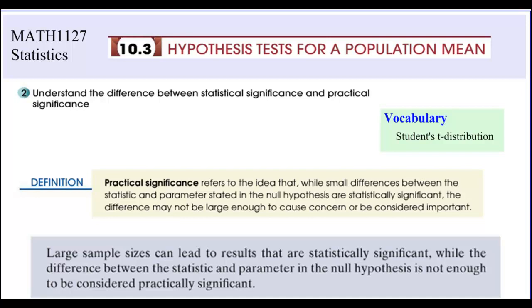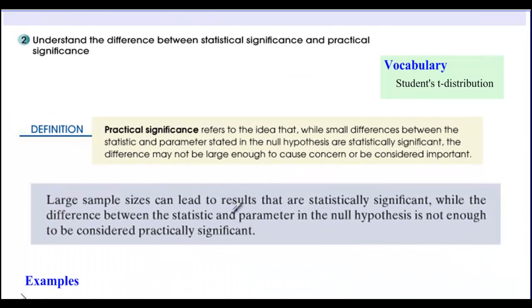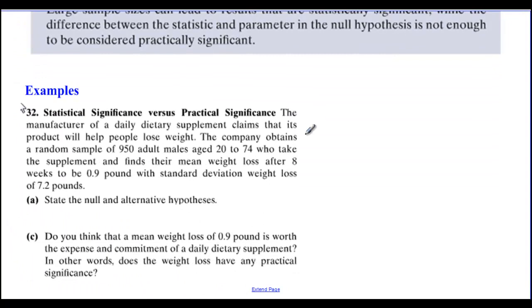But now let's talk about the difference between practical significance and statistical significance. So one of the things to keep in mind is that large sample sizes can lead to results that are statistically significant, while the difference between the statistic and parameter in the null hypothesis is not enough to be considered practically significant. So for our example here, the manufacturer of a daily dietary supplement claims that its product will help